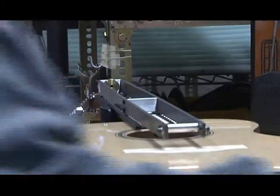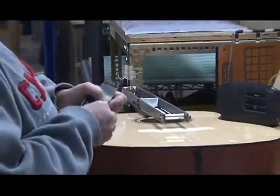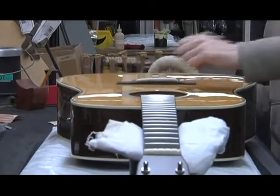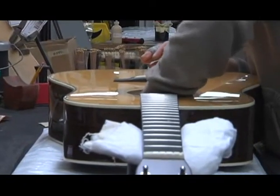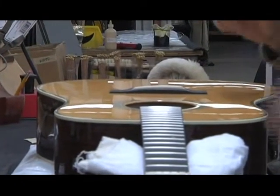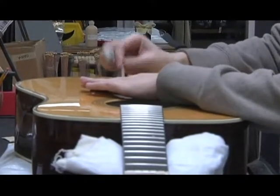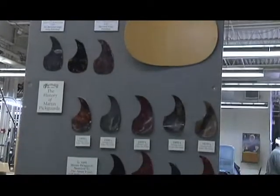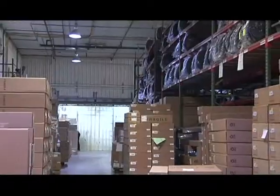Then the bridge can be installed. The bridge has to be perfectly located so that the intonation and noting of the guitar is correct. Then the guitar goes to the final inspectors, and in that area the final inspectors will string the guitar up, add the pick guard, set the action to player comfort, tune the guitar up, and send it into the warehouse